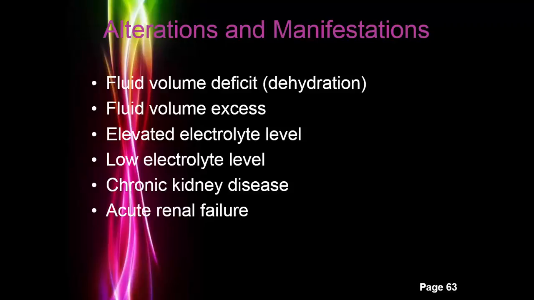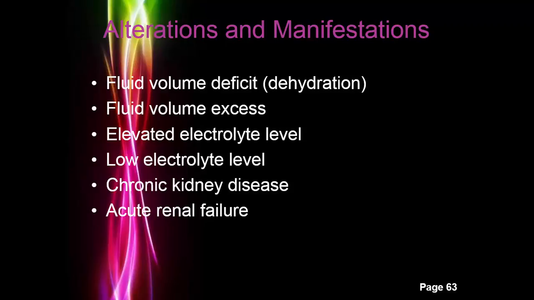In fluid volume deficit, which is also dehydration, they have dry thinning skin, dry mucous membranes, increased hematocrit and hemoglobin, thirst, decreased urinary output, and weight loss. In fluid volume excess, they'll have edema, it could be even pitting edema, weight gain, ascites, which is extra fluid around the abdomen, increased